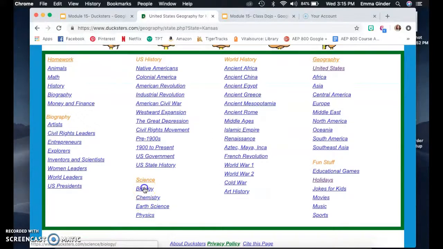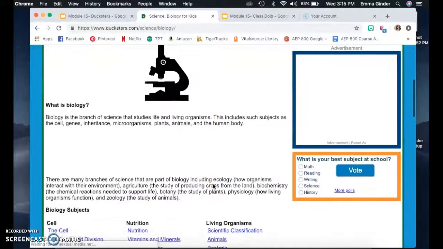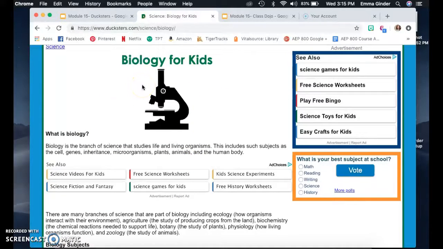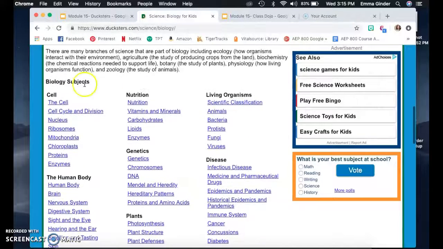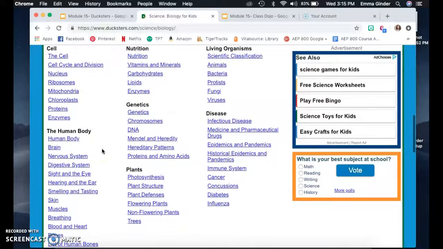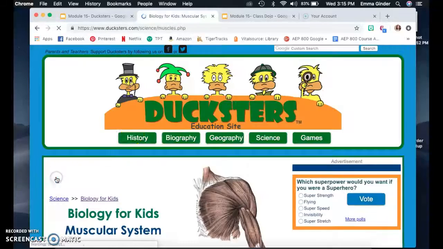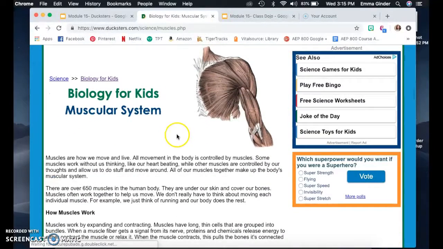Let's go ahead and click biology. So here it basically tells you what is biology and the overall knowledge on biology, and then it breaks it up into the different subjects of biology. So if we were doing a project and one of my students was looking up the muscles of the body, they could go here. It gives them an image,